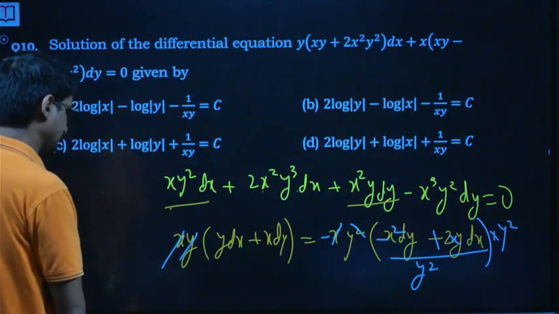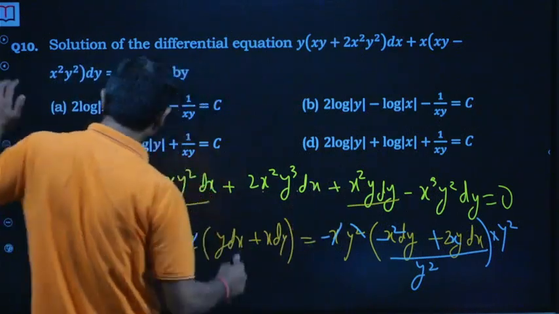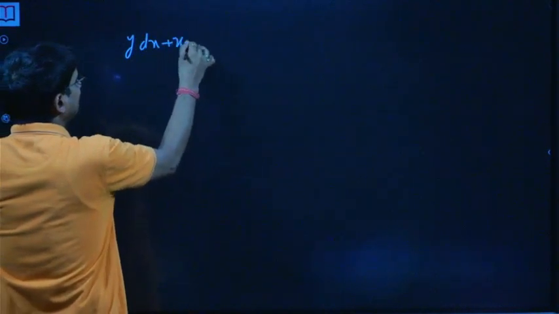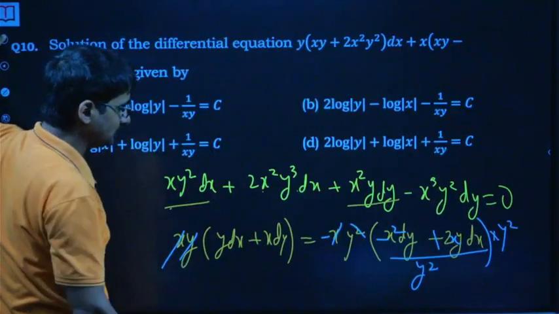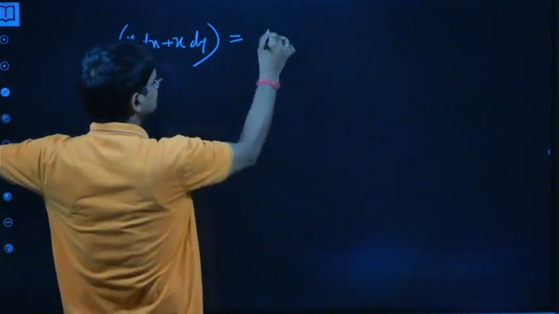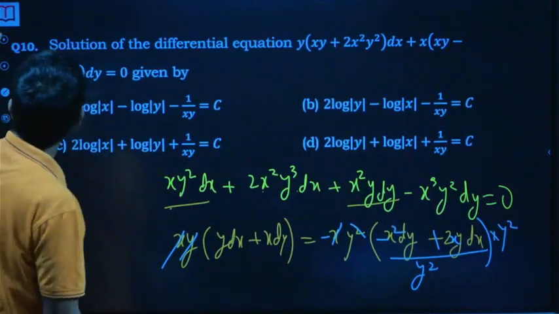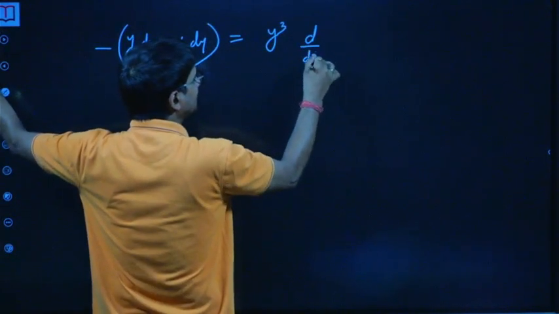Wait, thinking. Okay, so if I am trying to do this, what we got actually is y dx plus x dy minus times, okay, is equal to y cube, if I am not wrong, y into y square, y cube, and then this is d by dx of